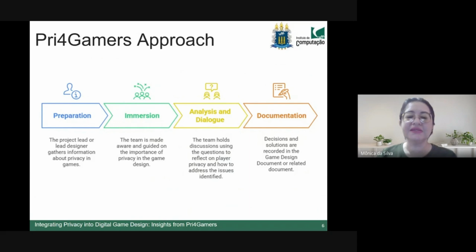Beginning at that point, we will discuss and brainstorm to grasp and suggest solutions for your games, employing the strategy outlined in Pri4Games. They may reflect better on how to symbolize and present this data, even for the game developer, the person who will create and program the codes, to understand better how to show this to the player. Finally, if there is dialogue and solutions are identified, they will determine what will be included and what will be excluded from the documentation process, marking another phase. Create a data mapping, create maps showing where the data is being collected and how the solution will be. This is a way to identify it directly in the game design document or in other game documents.